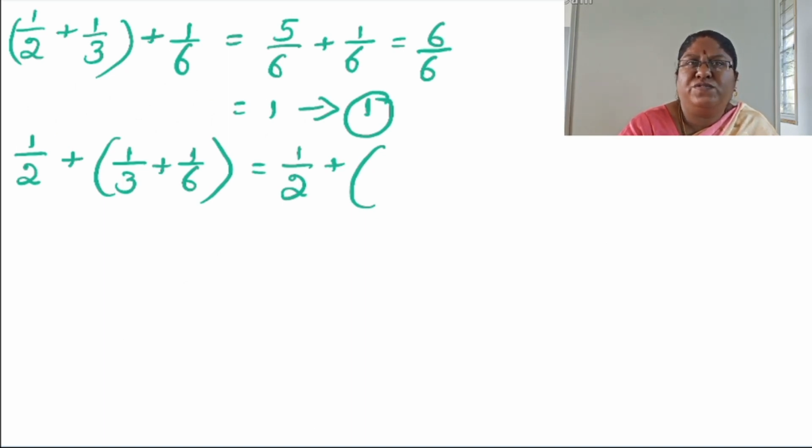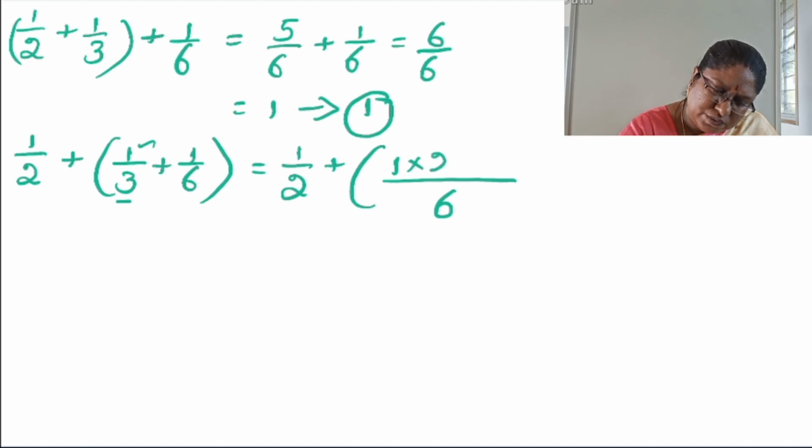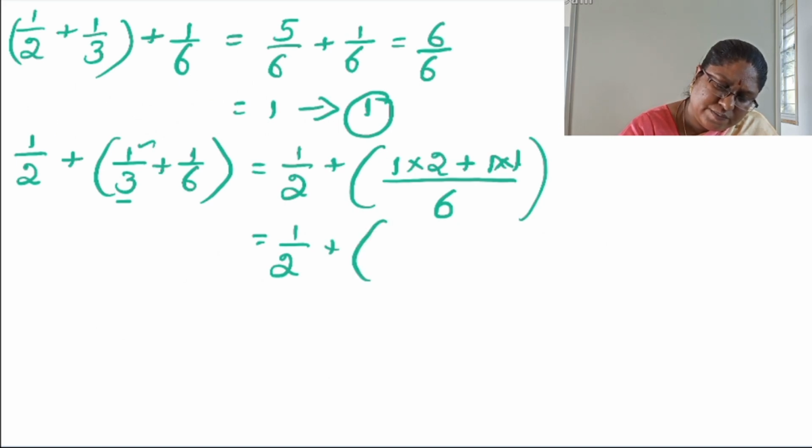That 6 is the multiple of 3. Like this one sum we did in the previous session itself. One denominator is the multiple of other. See that heading and recall it. So, how can you get 6 from 3? 3 2s are 6. So, change that alone. Take 6 as LCM. 3 into 2 you will get 6. Multiply above also. So, 1 2s are, plus. Here 1 into 1 only. So, keep it as it is as the denominator is 6. So, keep it, add it. So, what you will get? 2 plus 1 by 6.